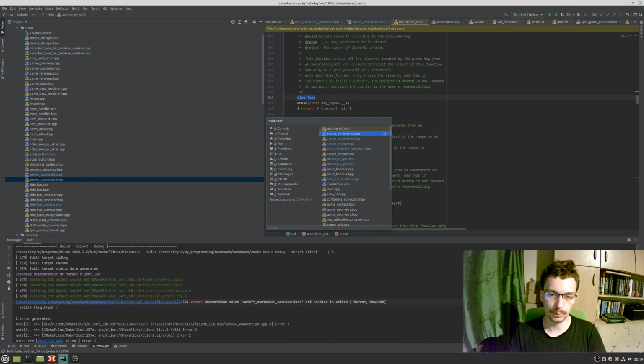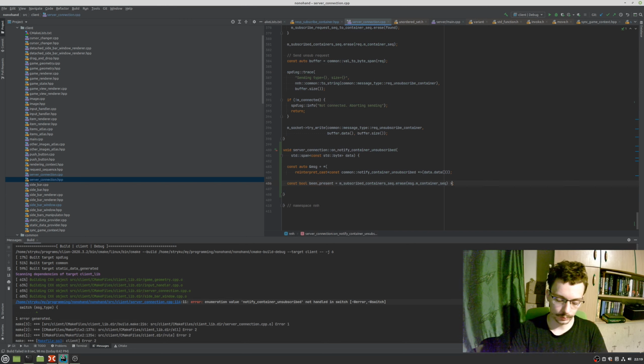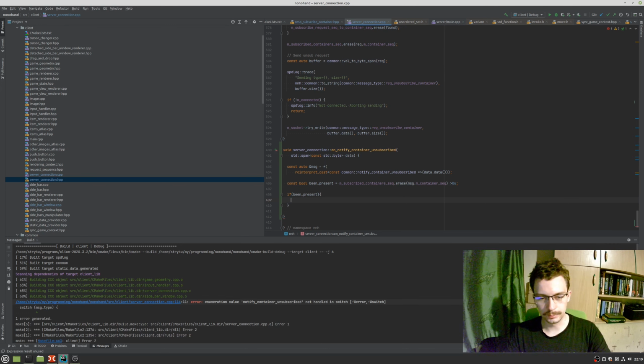Okay, returns how many elements have been erased. So if it is greater than 0, we know that this container sequence has been present in our subscriptions. Now, m subscribed container sequence, and if it was present,